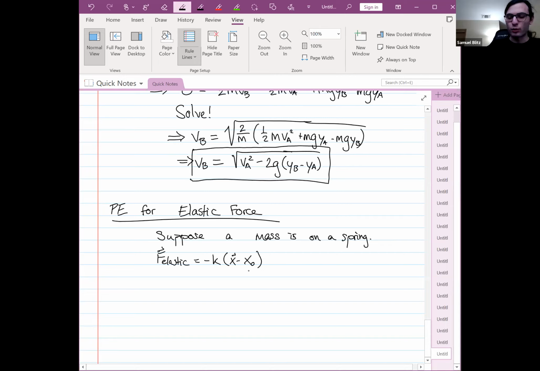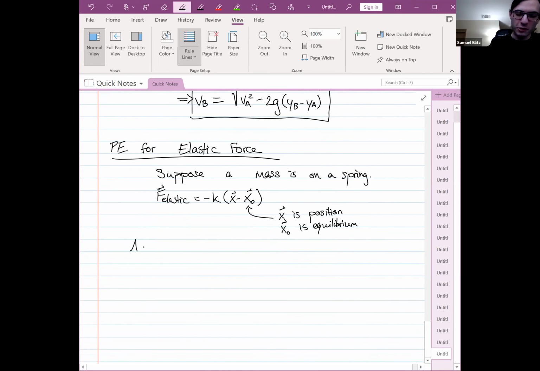Now here I'm writing out the displacement explicitly. So here x is the position. It doesn't just have to be in the x direction, but it's just how it's typically written. And x naught is the equilibrium position. It's a vector that points to the equilibrium point. And so let's say everything is along the x-axis, i.e. the vector x is x i hat, and the vector x naught is x naught i hat,